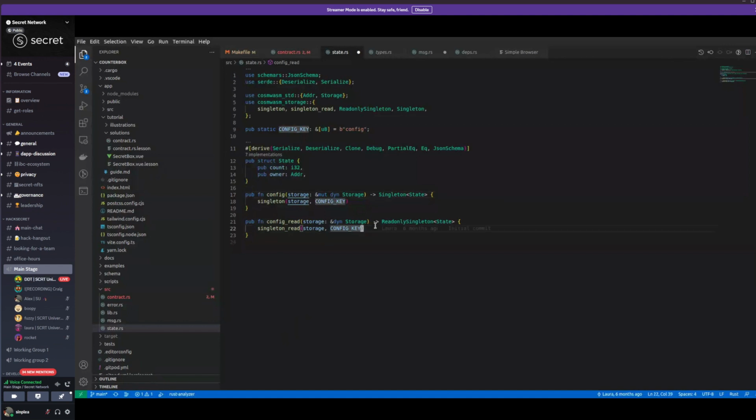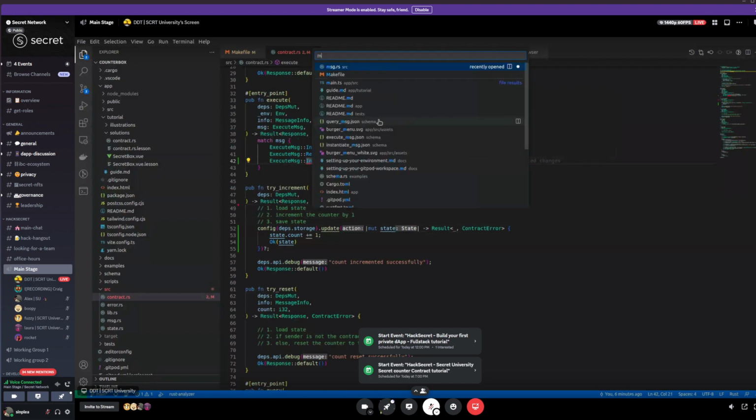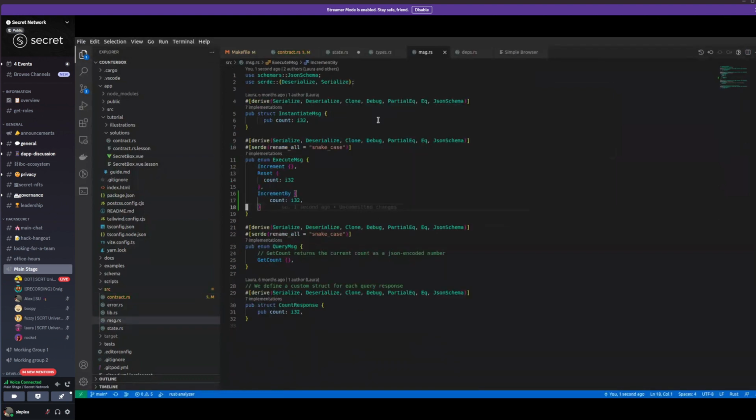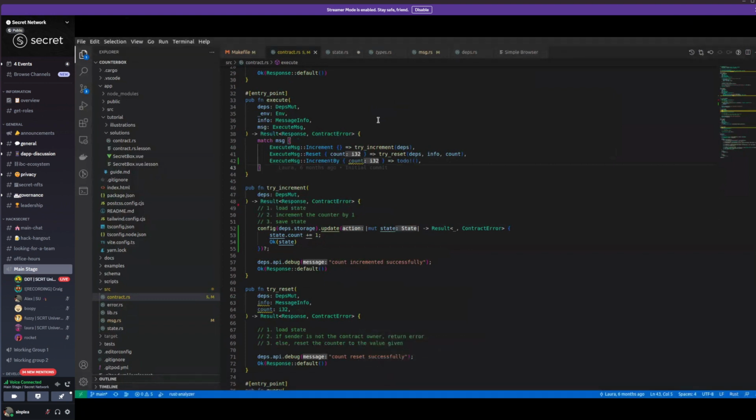If we go back to contract, actually, why is there an error here? Somehow it's not working. Oh, because I didn't save. I didn't save my message. Yeah, there you go. So at the beginning, I was saying a contract takes some inputs, changes the state, and